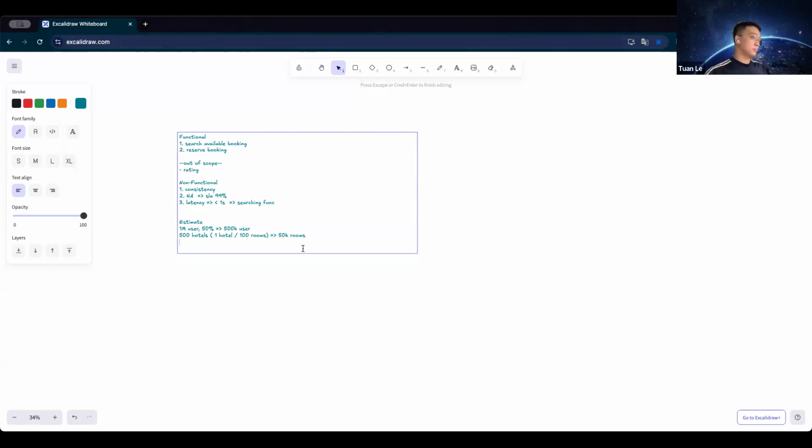Okay, so we can make that assumption. One user can make 10 requests of searching. Okay, keep it for searching, right?